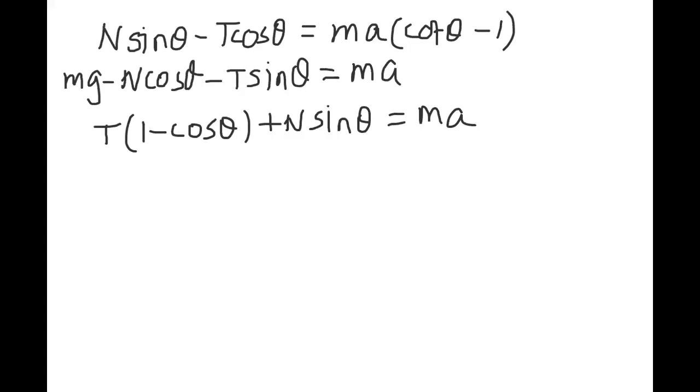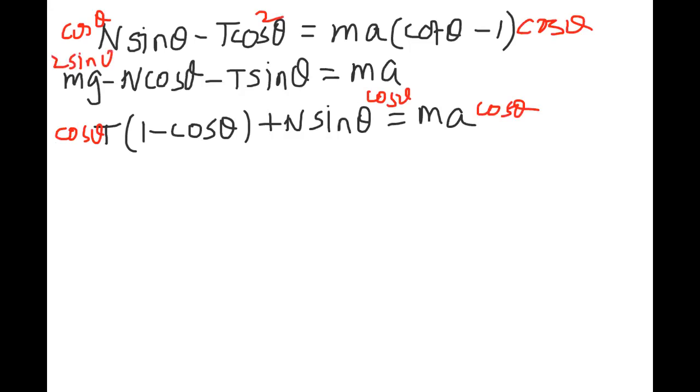cos theta से। रुको, मैं दूसरा कलर चूज करूँ। cos theta, cos square theta, cos theta। हाँ, और किसको cos theta से? थर्ड वाली को। cos theta, cos theta, cos theta। हाँ, अब क्या करूँ? सेकंड वाले को 2 sin theta से। वेरी नाइस।